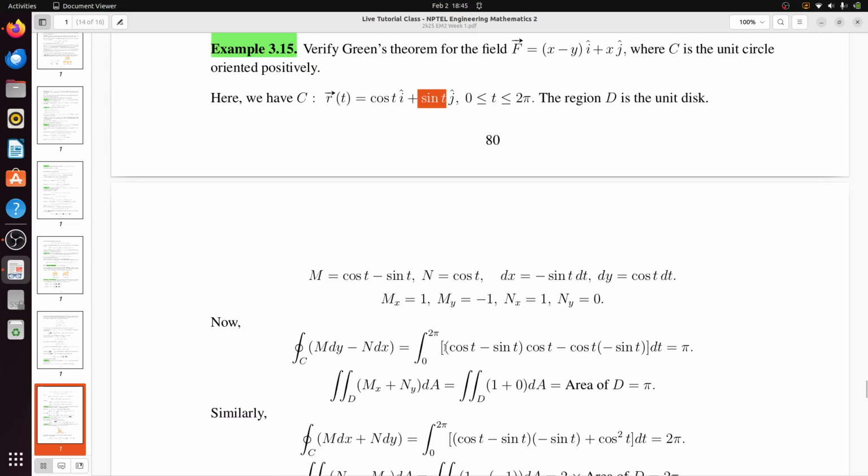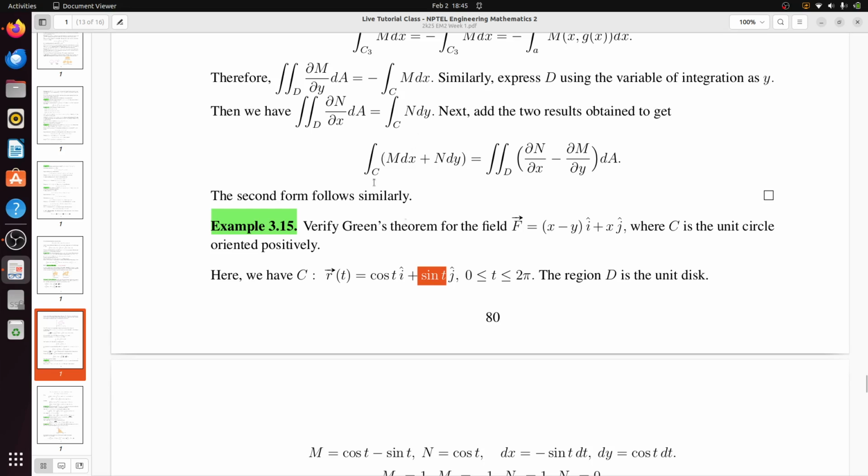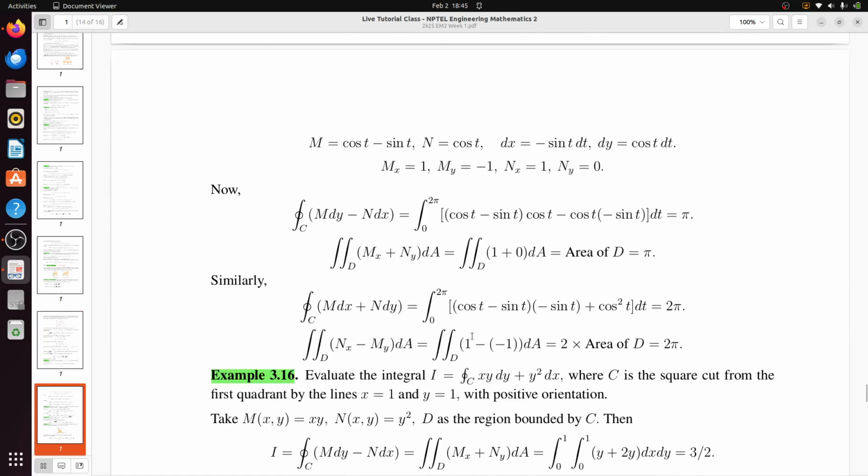So there is no need, you can prove one only. There is no need to prove the second one. But I have the proof, so you can actually prove it as well. So your integration of m dy minus n dx, your theta varies from 0 to 2 pi,